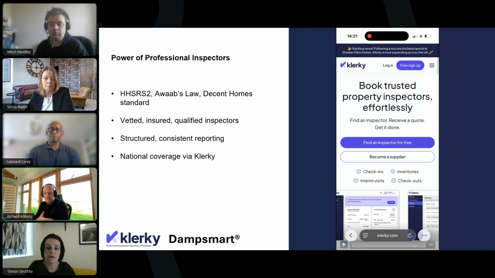And in addition to that, of course, Awaab's law is going to be brought into the private rented sector, whereas at the moment it is very specific to housing associations, but that is set to change. And then further down the line, we've got the Decent Homes Standard. And so I suppose the message here is